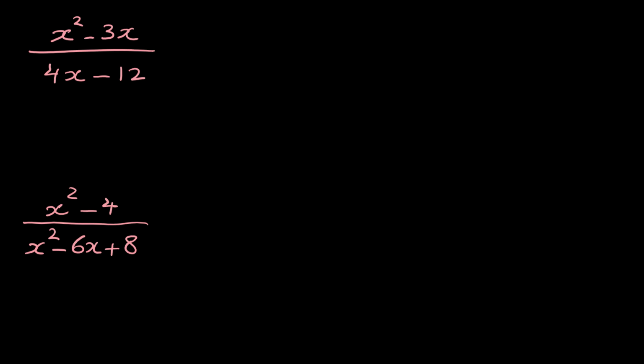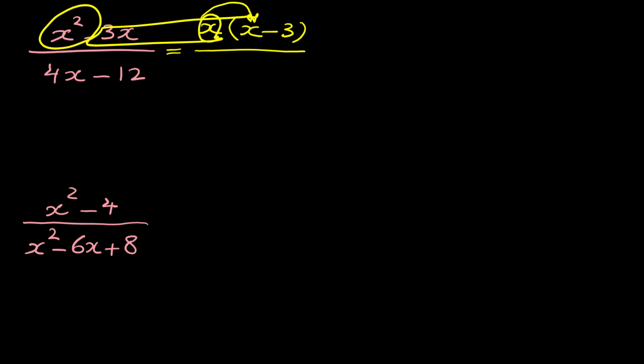The first example is x to the 2 minus 3x over 4x minus 12. To simplify this rational expression, we can see that we have a common factor between these two terms in the numerator. Between x to the 2 and 3x, x is the common factor. So we can factor x from these two terms. By factoring x, we have x minus 3 in the bracket. Attention, if we multiply x again in the bracket, x times x is x to the 2,